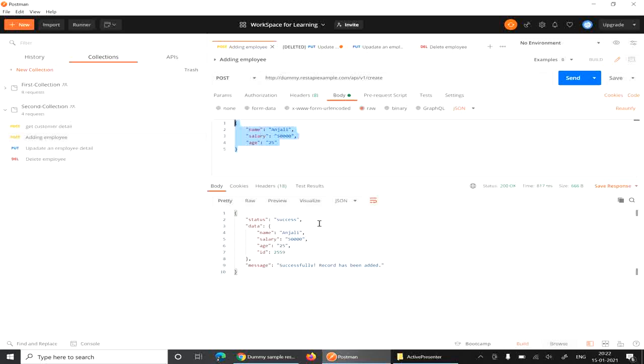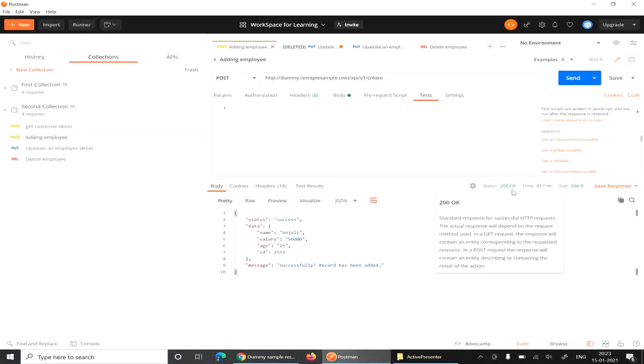For that we go to the Tests tab, where Postman provides snippets for validating your response status, your response time, and then your response body.